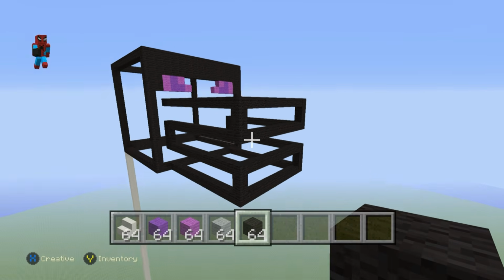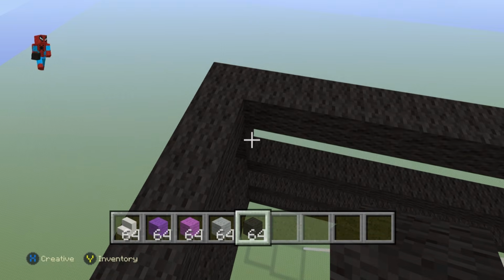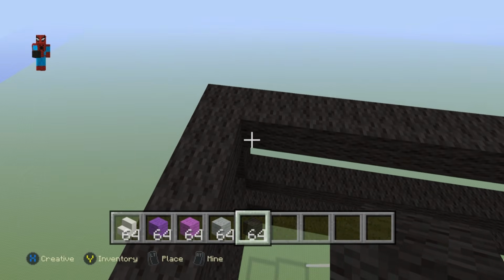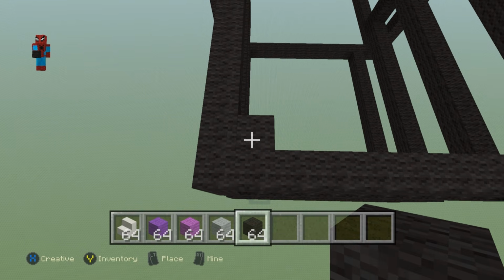Now, what we want to do is come up on top of the nose here. The Ender Dragon has 2 nostrils, and they're positioned as such. On top of the front left-hand part of the mouth, you want to come in by 1 diagonal, so 1 block right here, and on top of this block that I've just placed,